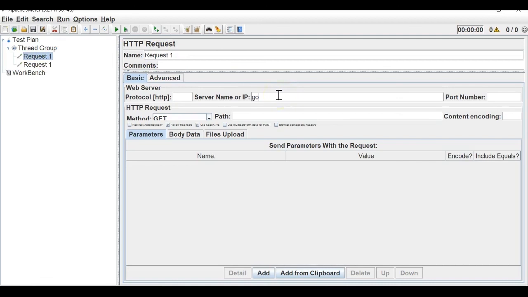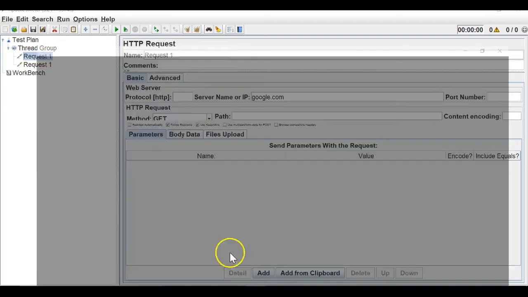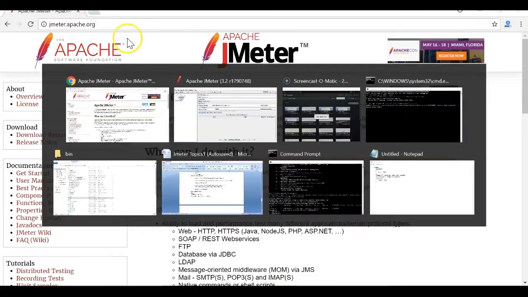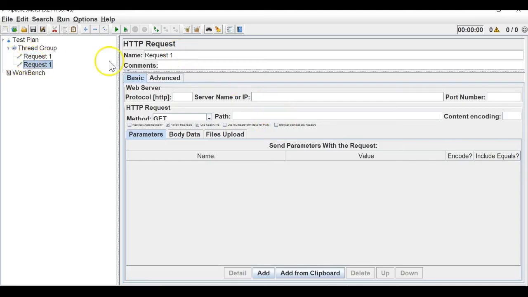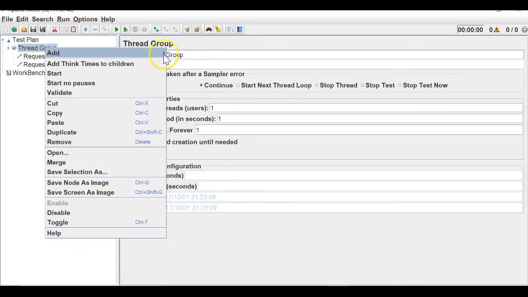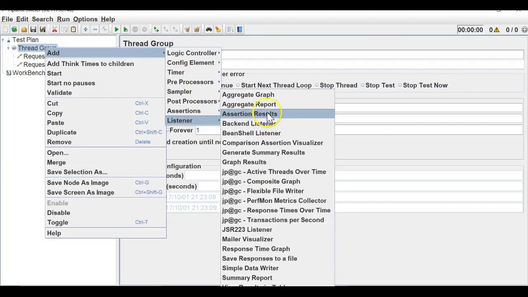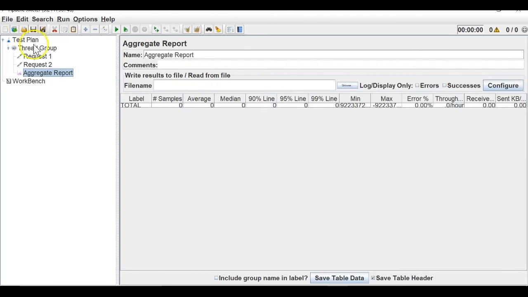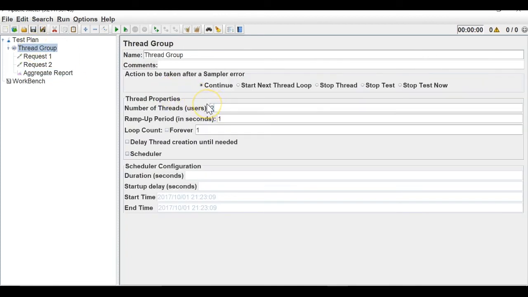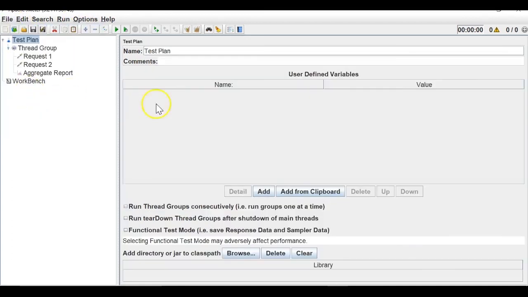On one, I will be hitting google.com, and on the other, let's say this is my JMeter domain. Both are GET requests, right? And I will add a listener, aggregate report. I will apply a load of 20 users, and let's say for 10 seconds. And I will save this script